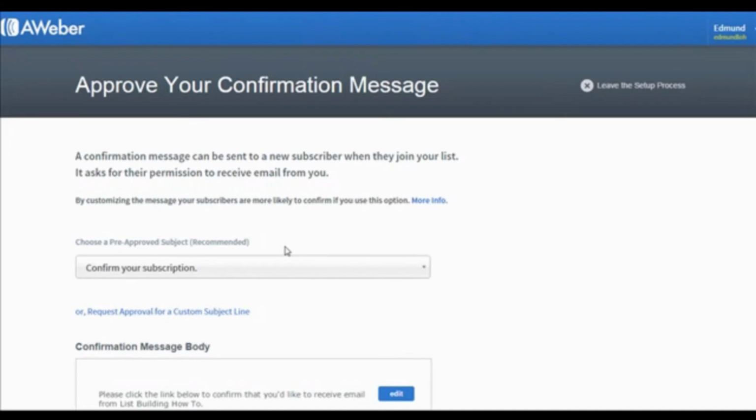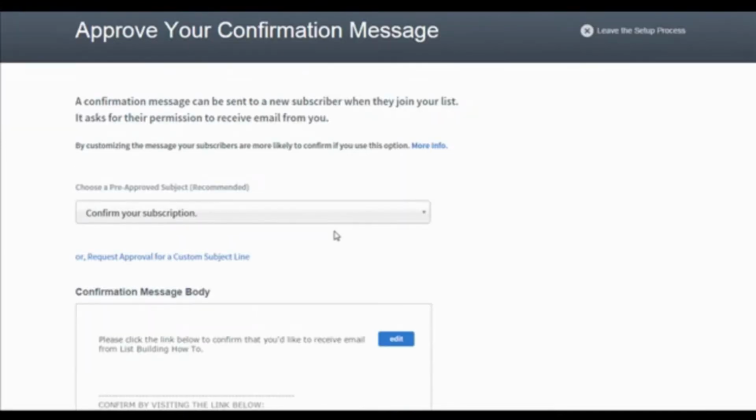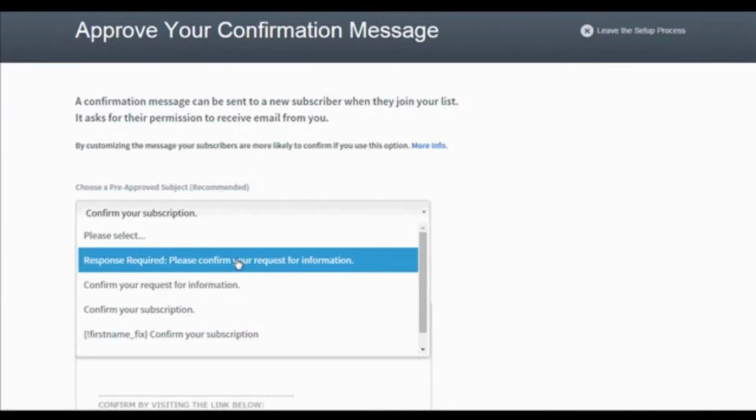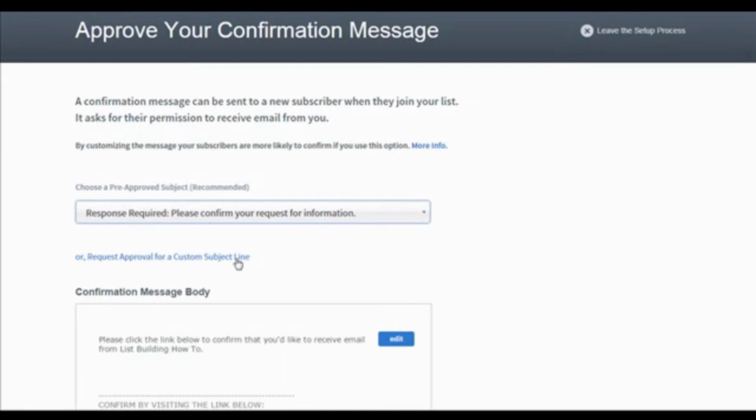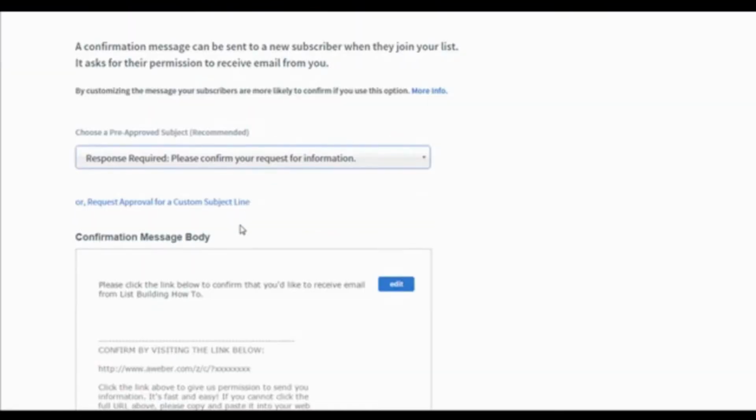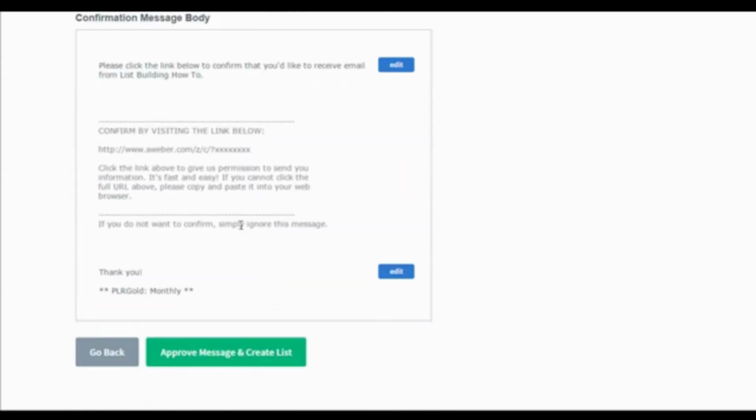Click on the drop-down menu under Choose a Pre-Approved Subject. And click on the second option, which is Response Required. Please confirm your request for information. Leave the others at default. This is what I'll usually do. In your case, you can have a look at each option and customize your settings, and then scroll down to